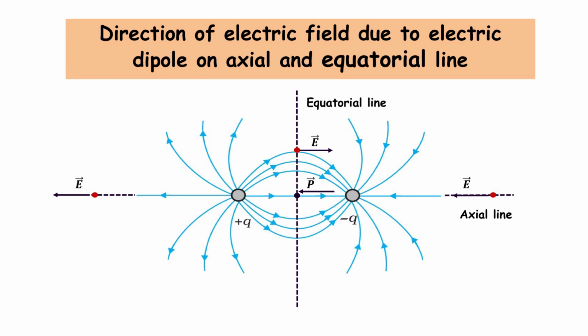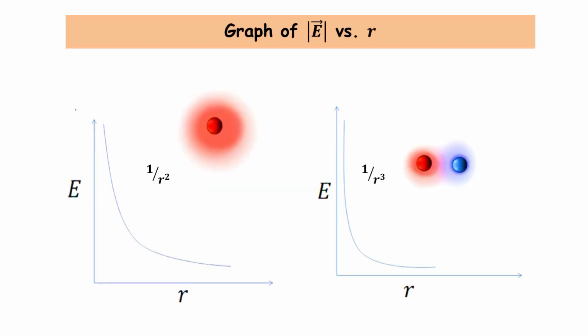So, the graph will be like a decay, exponential decay curve, and the decay curve should not touch the x axis and should not be parallel with the x axis, but in a decreasing way. Okay. So, this is the graph for E versus R for point charge, as E is proportional to 1 upon R square, but in case of dipole E is inversely proportional to R cube, that means E depletes faster in case of dipole than point charge. So, the decaying curve, the graph will be more decay. Okay. So, these are the graphs for E versus R.